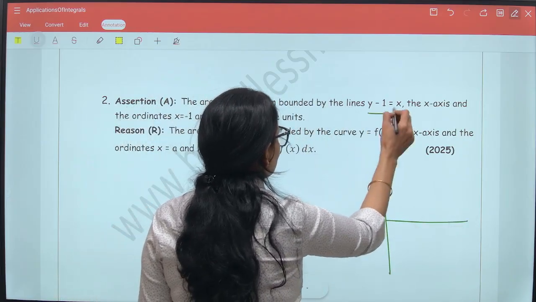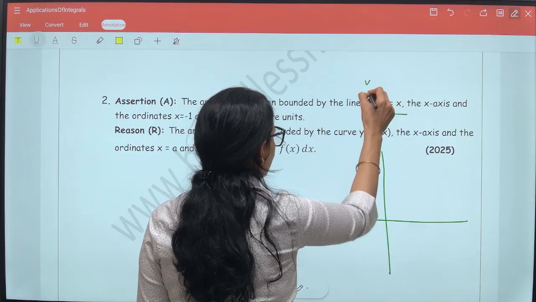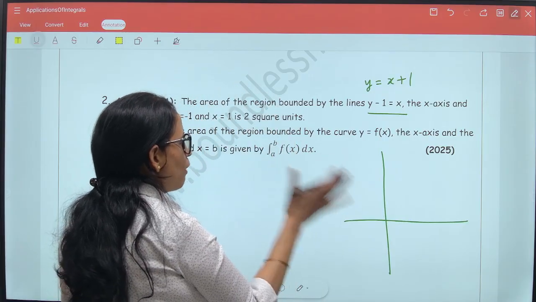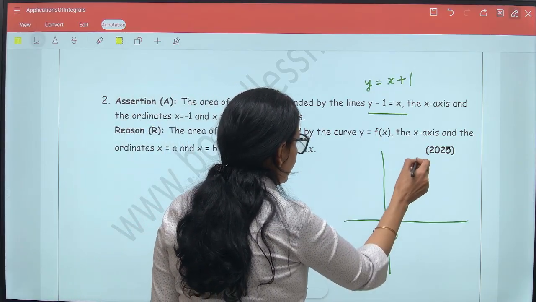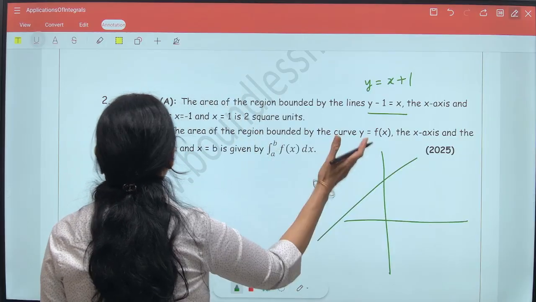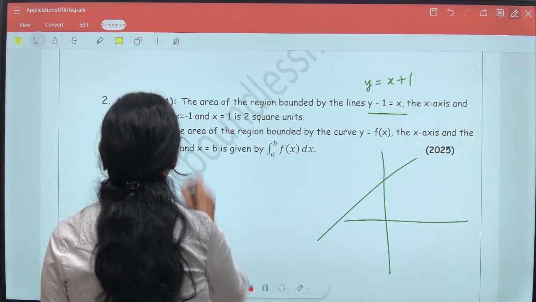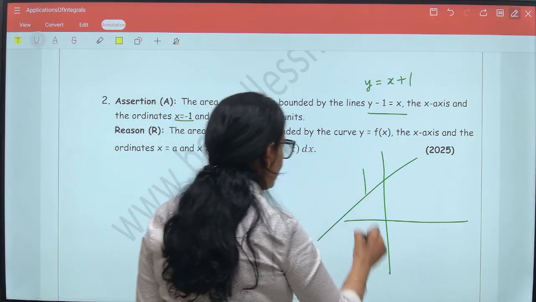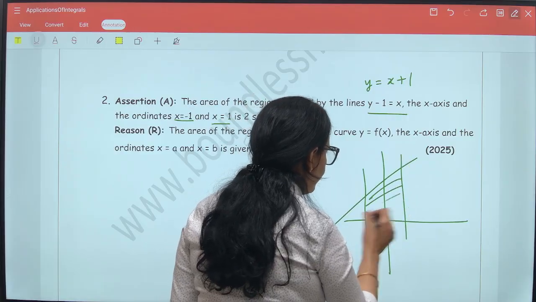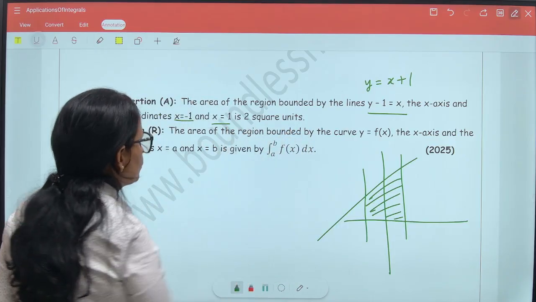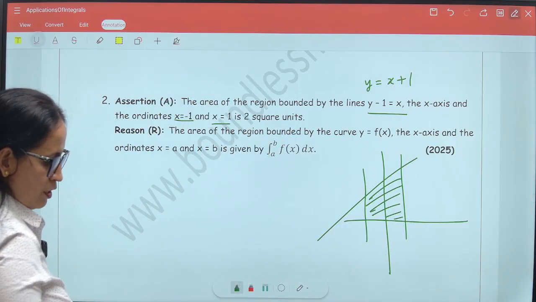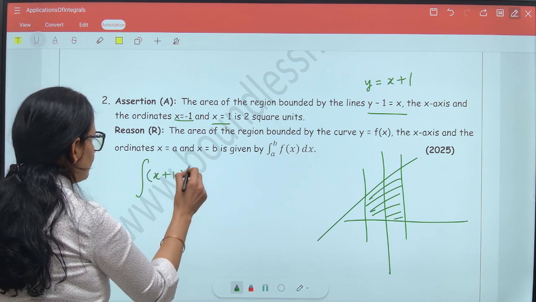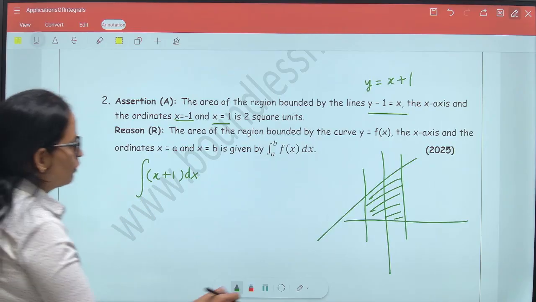Area bounded by this line. This is a straight line, not a curve. Y equals x plus 1. So it is just a straight line with a positive slope. That means making an acute angle with the x axis. So thus this is the rough graph of this line. Coordinates are x is equal to minus 1 and x is equal to plus 1. So that means you need to find this area and see if it is equal to 2 square units. So that means you need to integrate x plus 1 with respect to x here, bounded by the limits